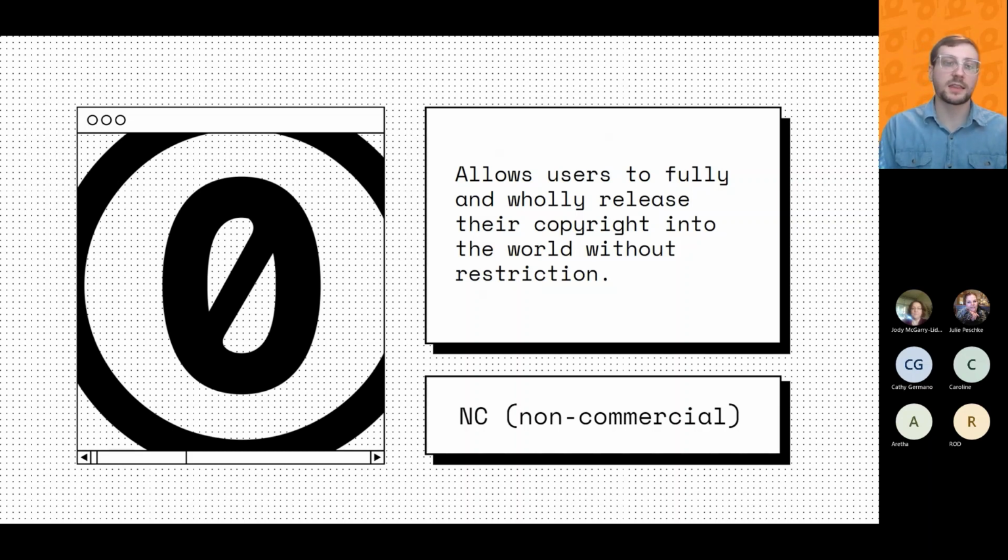It's also worth noting that some licenses are more open or closed than others, but they're not better or worse than each other. They are best when they serve your needs, if that makes sense. They simply provide the permissions designated by the creator.